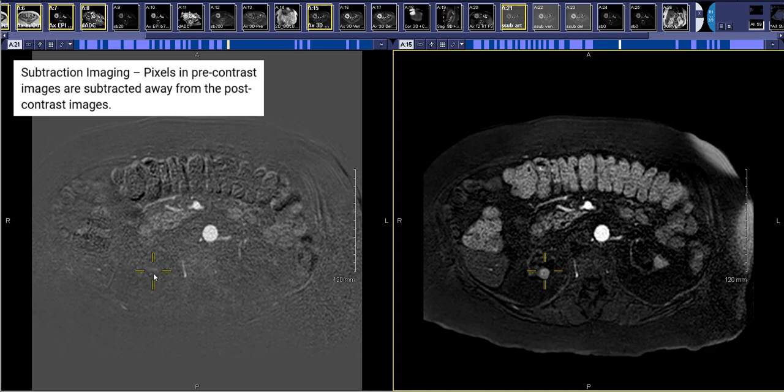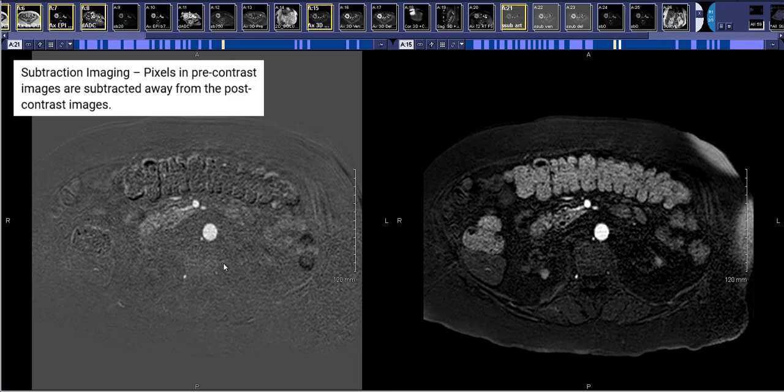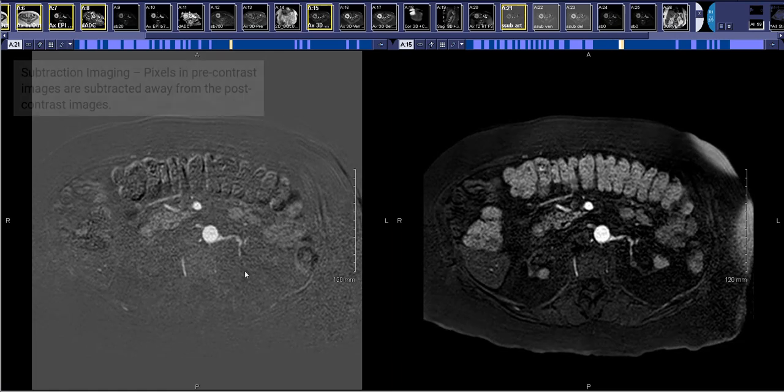And so everything in this image that accounts for T1 hyperintensity was present before we gave contrast. It's all just hemorrhage. Because after contrast, on subtraction imaging, the only thing that really shows up, like here in the vessel lumen, is the gadolinium. So you can confirm that this was, and in fact all the patient's other hyperintense renal masses were just hemorrhagic